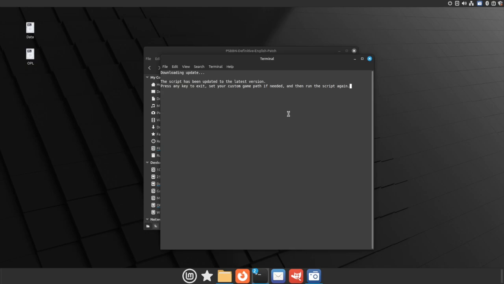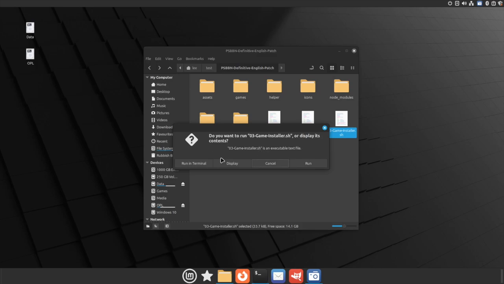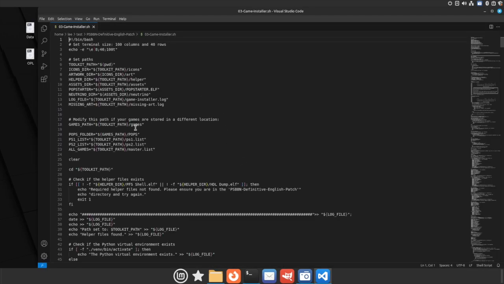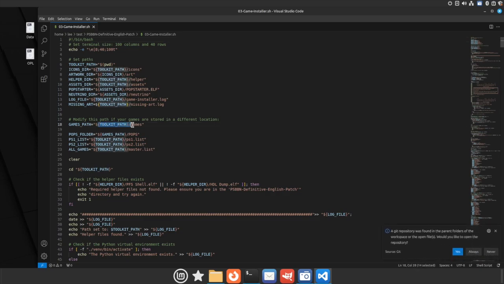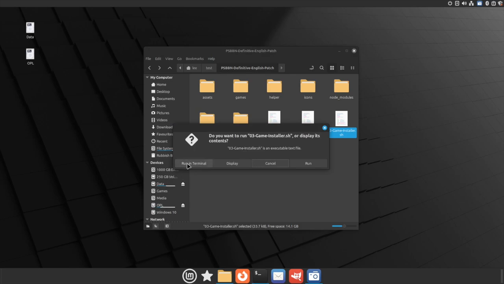Set your custom game path if needed, then run the script again. If you've got your games installed in a different location, you will need to change that again by modifying the game path here, but I cover that in my other video, so let's carry on. If you run the script for a second time and click Run in Terminal,